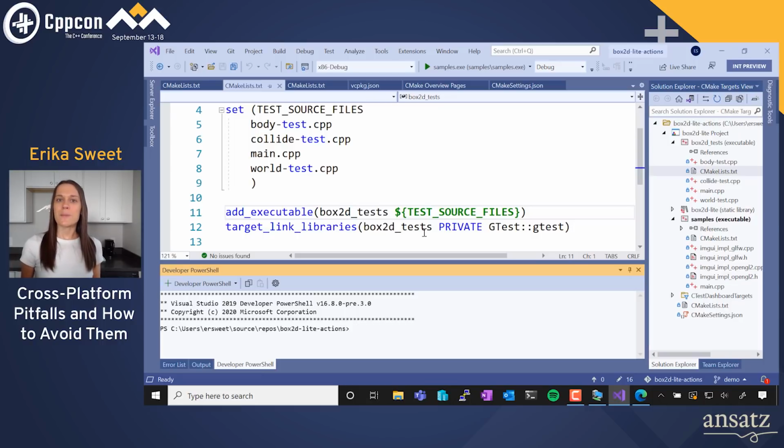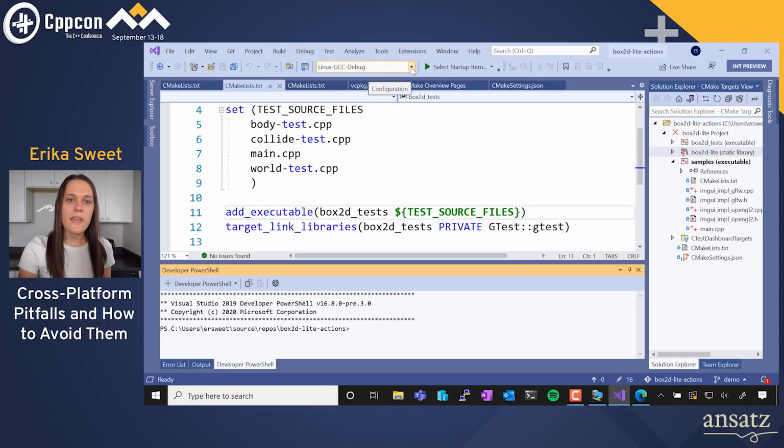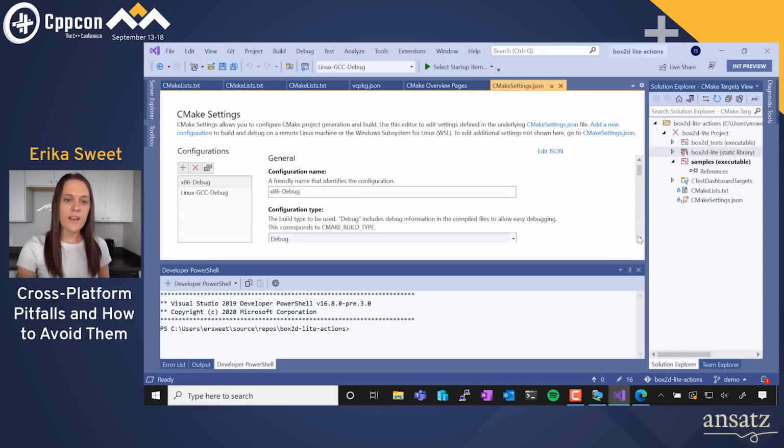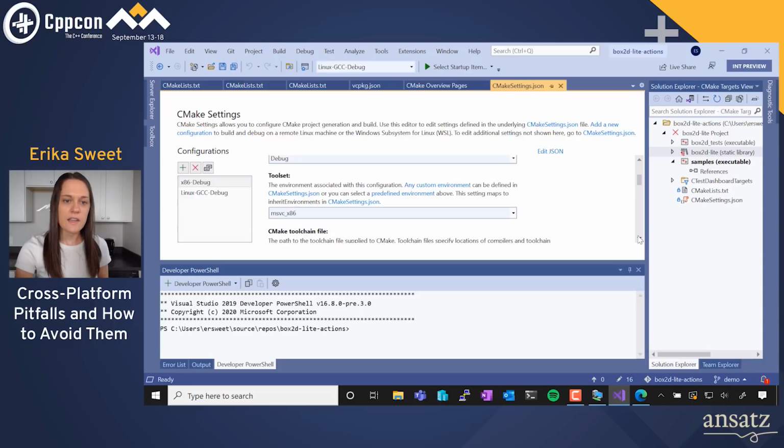So this talk is all about cross-platform development, but so far I've only been building and running locally on Windows. So now I'm going to show you how easy it is to retarget the same CMake project for Linux. So I'll go ahead and make my Linux configuration my active configuration. And I can show you where I've defined that. So here in the CMake settings editor, all I've had to do is specify,